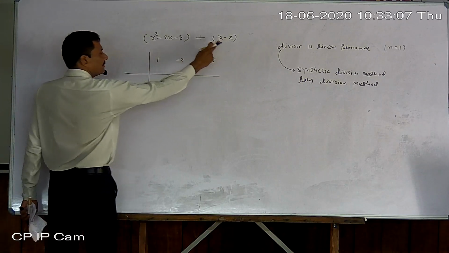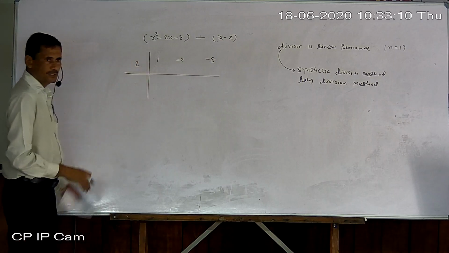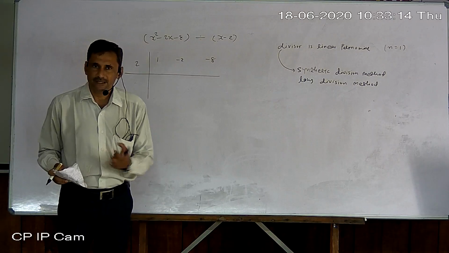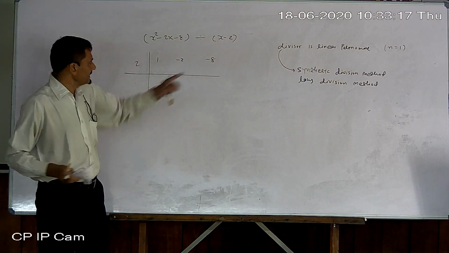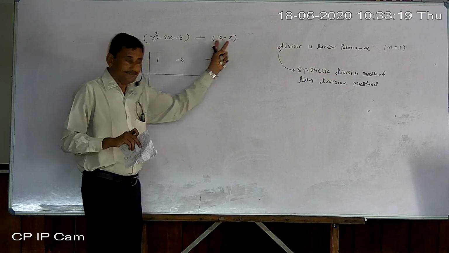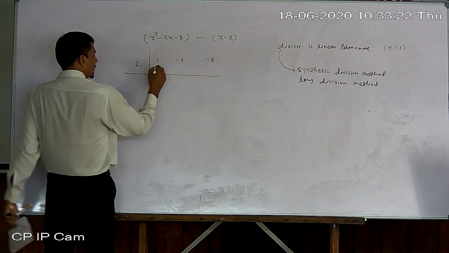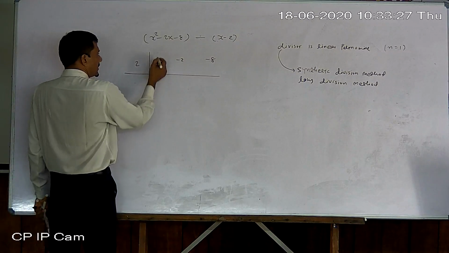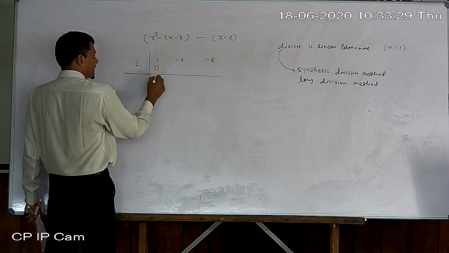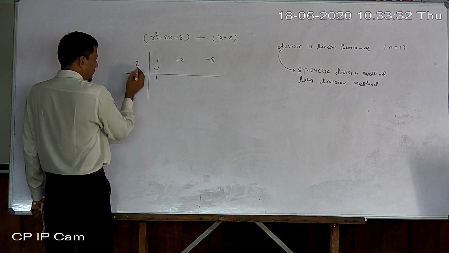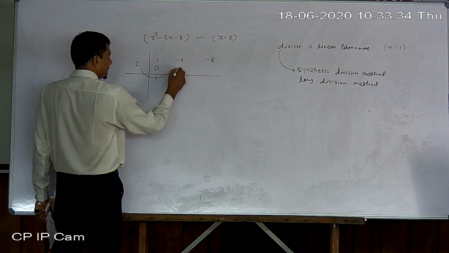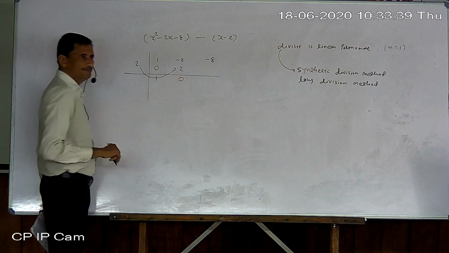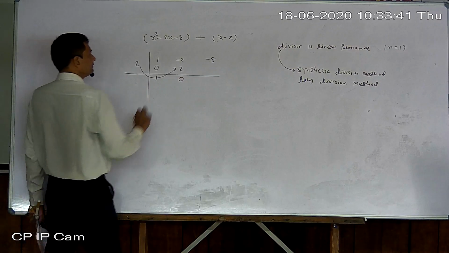Now write the zero of the divisor. Zero of the divisor means you equate the divisor to 0 and find x. So write the zero of the divisor here. Now first of all, place 0 here, always. Now make the total: 1 plus 0, 1 only. Now multiply: 2 ones are 2 this way. So what is left here? 0. Okay. Then